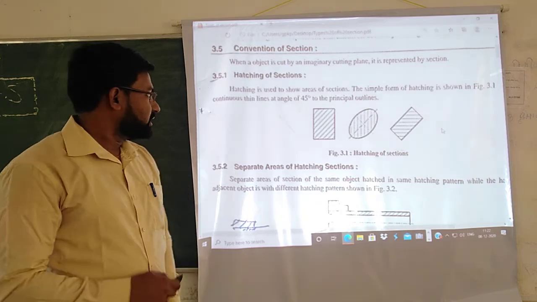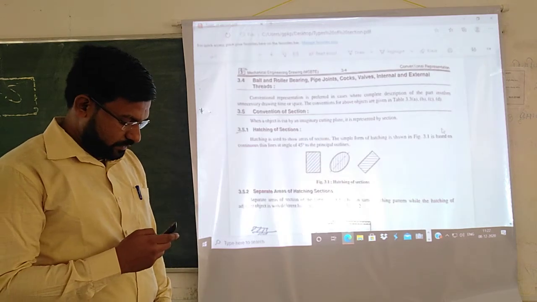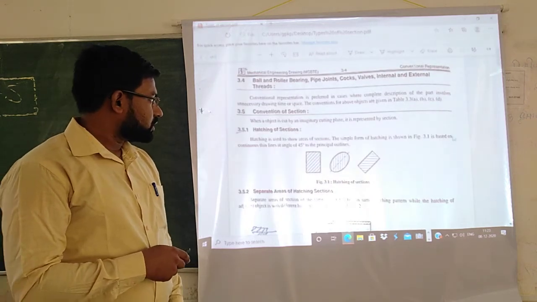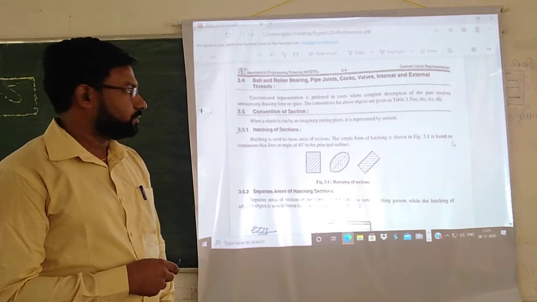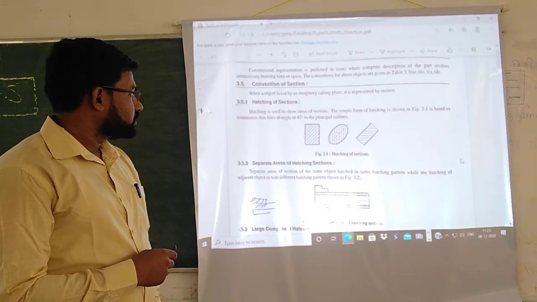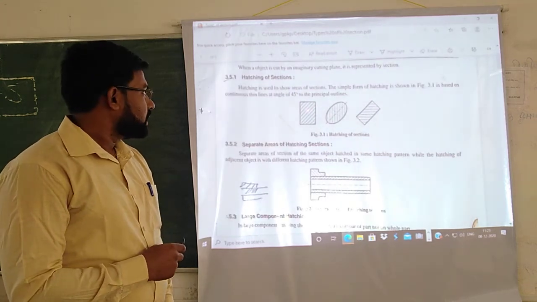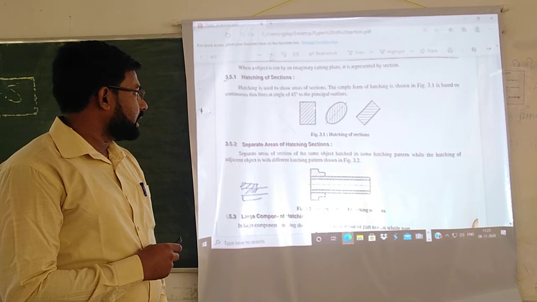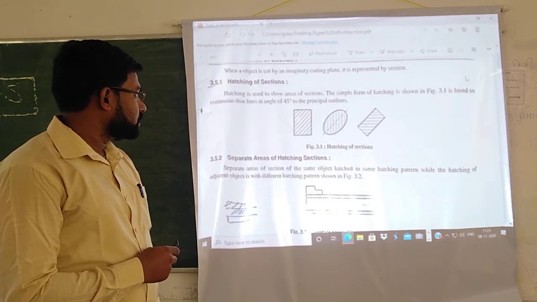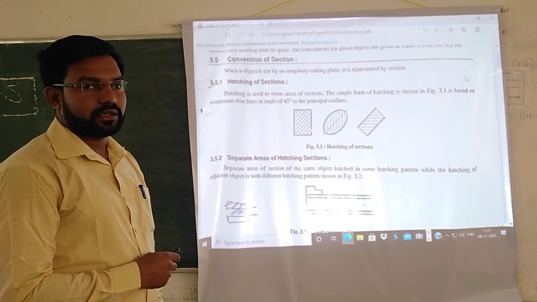So here, as shown in this figure, some form of hatching is shown. So what is hatching? In this hatching, continuous thin lines are drawn which are inclined at 45 degrees to the principal outline of the object.